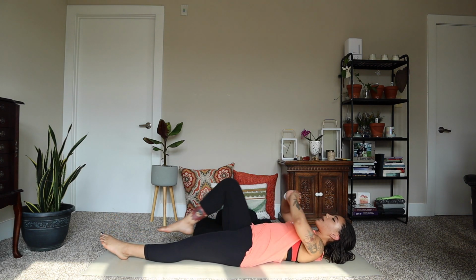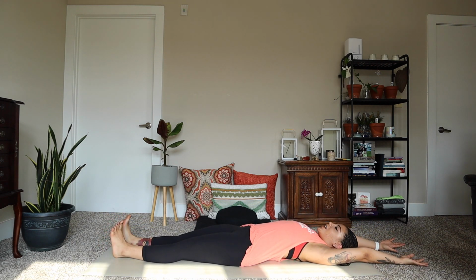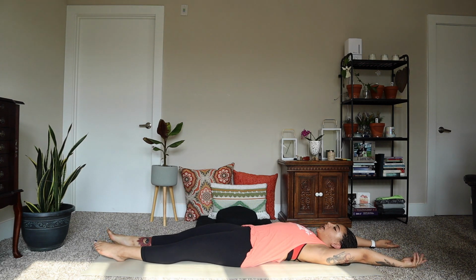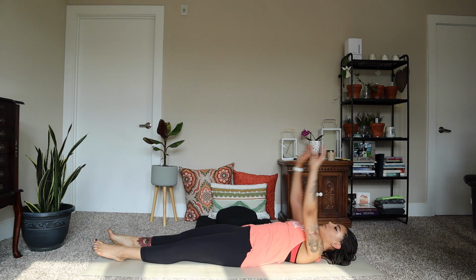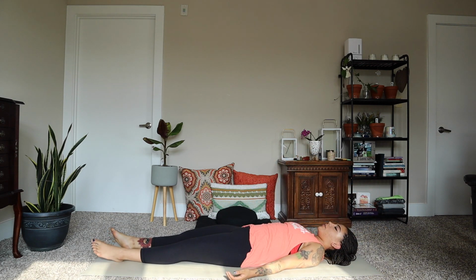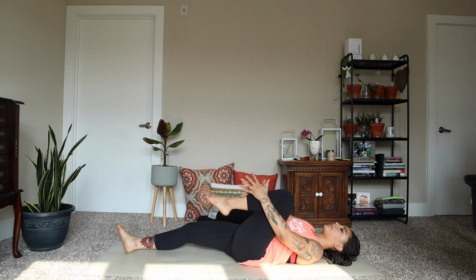And then release that. You might feel your body shaking like mine was. If so, that's great. That means your body is working. Do a little stretch. Give yourself a moment to recuperate from that. And then when you're ready in your next inhale, you're going to draw your left knee in, interlacing the fingers,